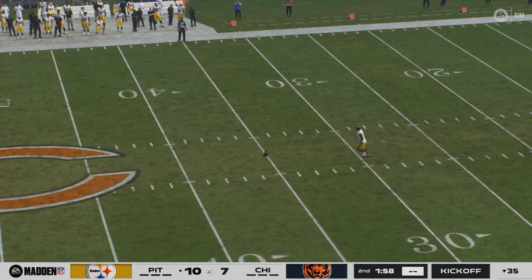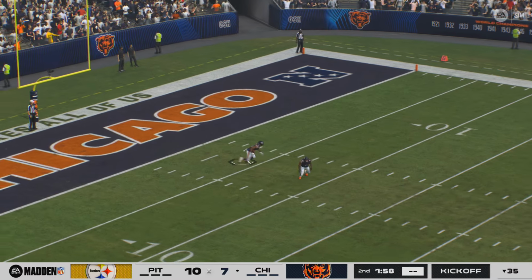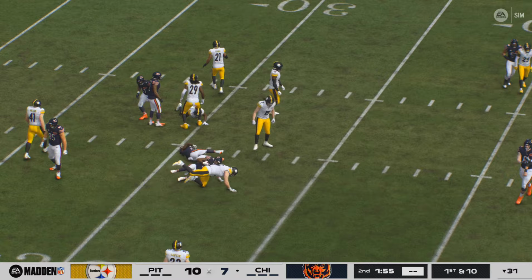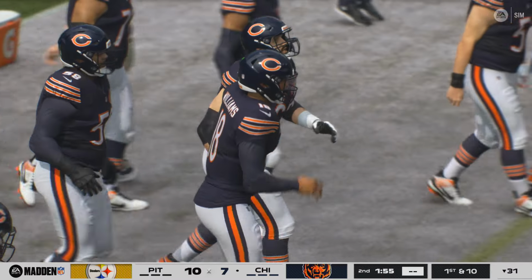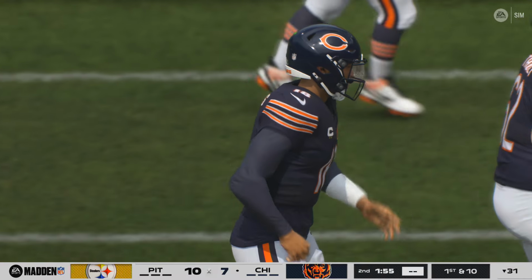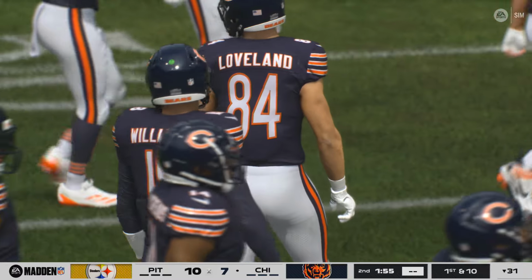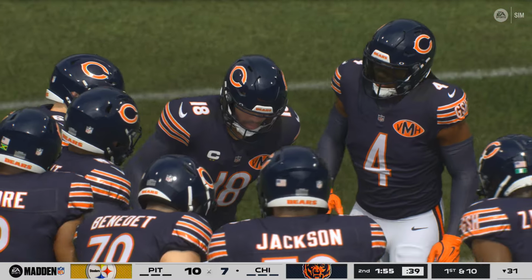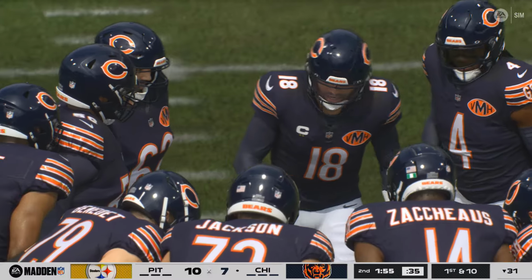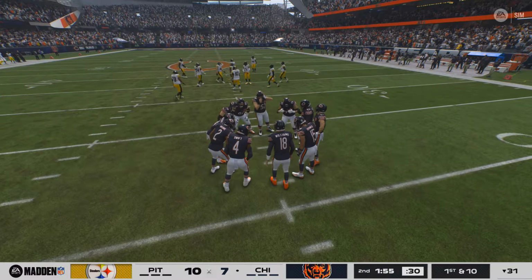Boswell now to kick it away after the touchdown. And they'll start this drive just across the 30. Pretty nice work on the return. And now Chicago getting ready to go as they take the field. As we eke closer and closer to intermission, Charles, remember last time out they punted. They would love to get points here, especially if this is going to be their final possession of the first half. Yeah, and this is what close games feel like, because the pressure is on both sides, but sometimes the